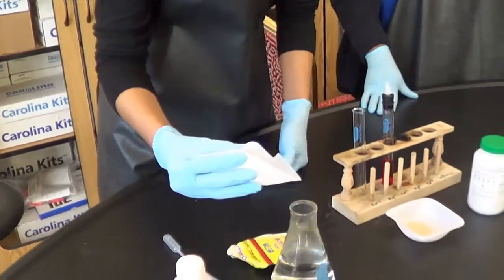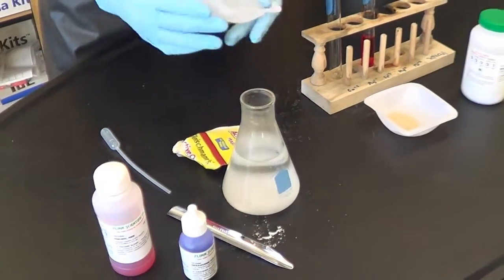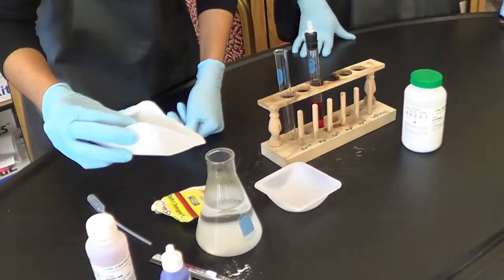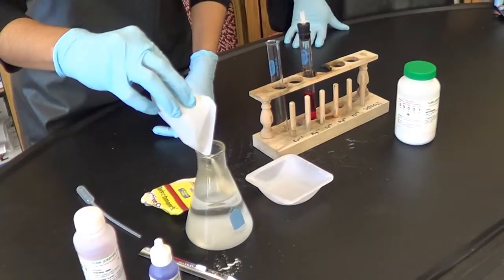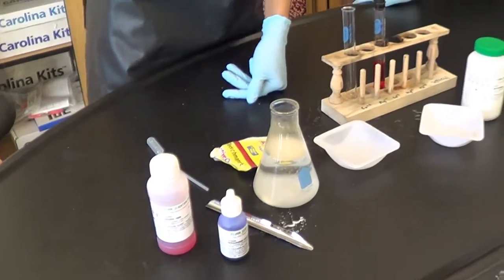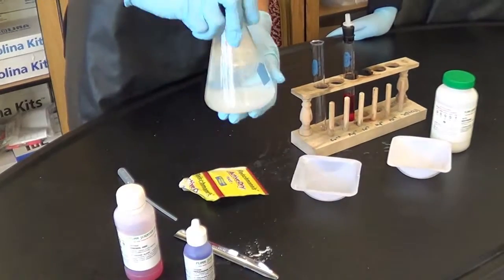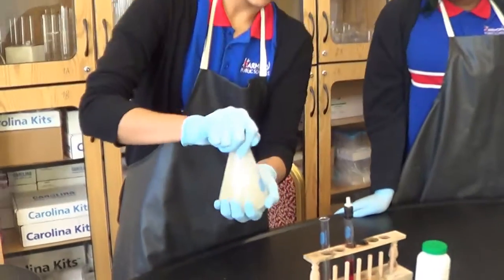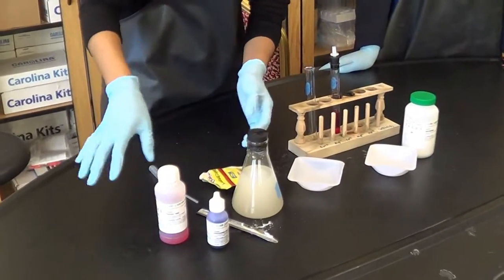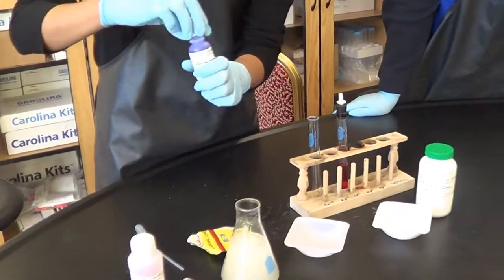By the way, this is 15 grams into the hot water, and we will add 3 grams of dry yeast. And next we will put a stopper. And the only reason why we do this is just to shake it up real quick. And then after that's done, we can remove the stopper, and then you just want to add like 3 drops of this